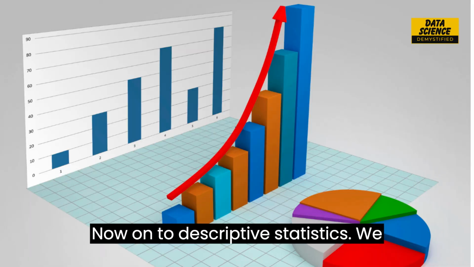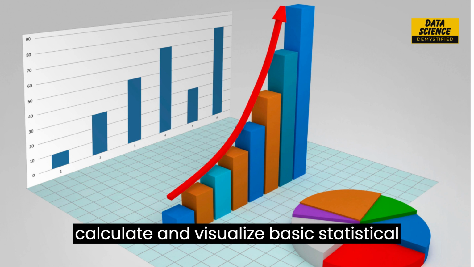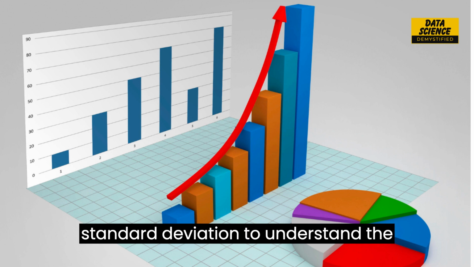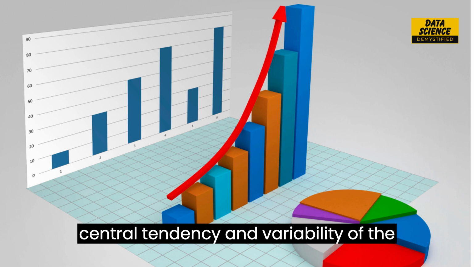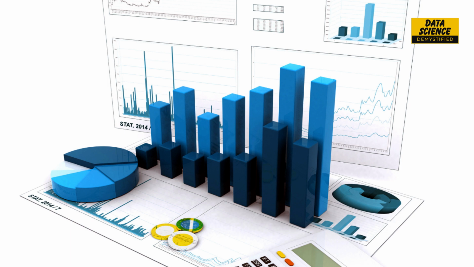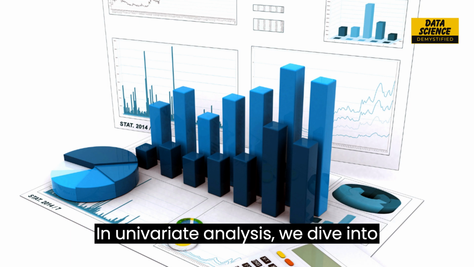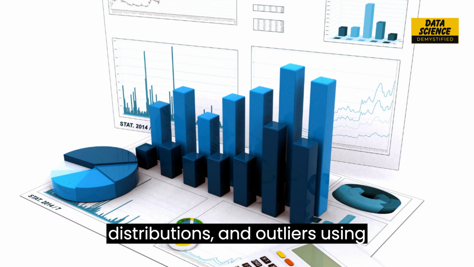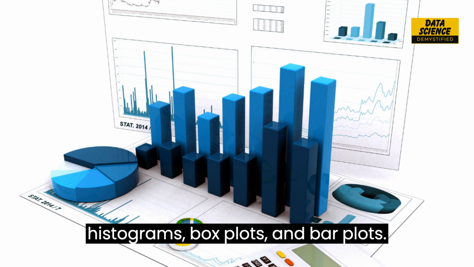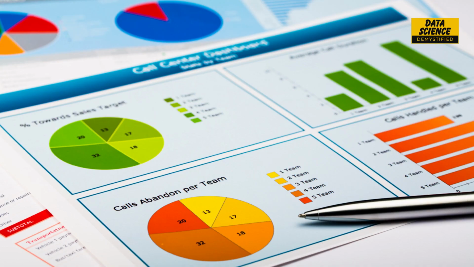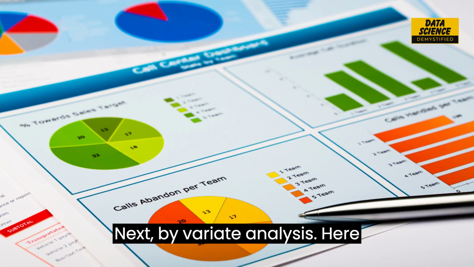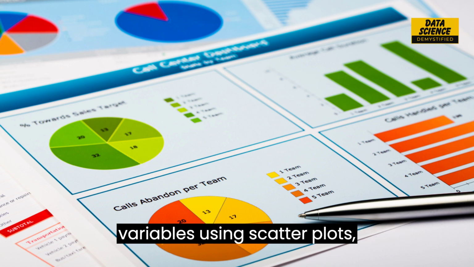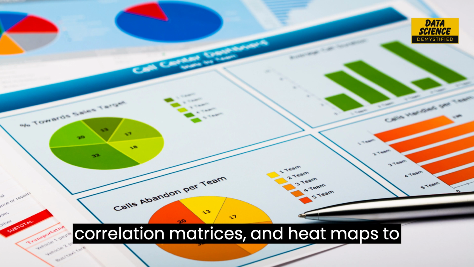Now, onto descriptive statistics. We calculate and visualize basic statistical measures like mean, median, and standard deviation to understand the central tendency and variability of the data. In univariate analysis, we dive into individual variables to uncover patterns, distributions, and outliers using histograms, box plots, and bar plots. Next, bivariate analysis. Here, we explore relationships between pairs of variables using scatter plots, correlation matrices, and heat maps